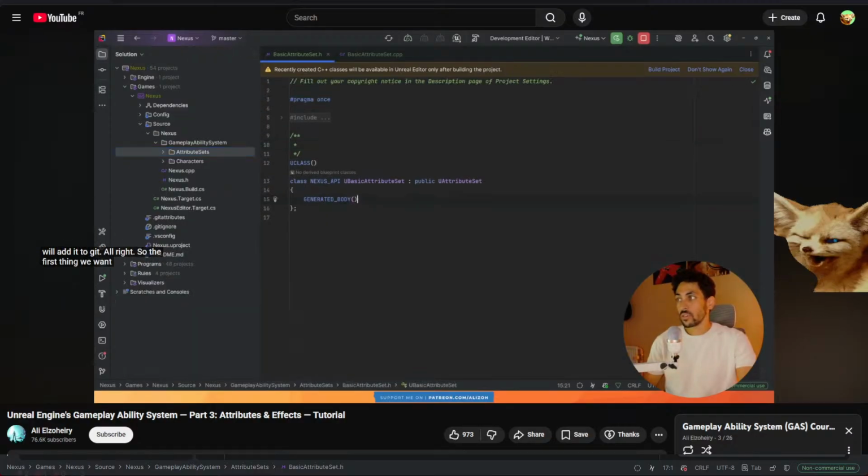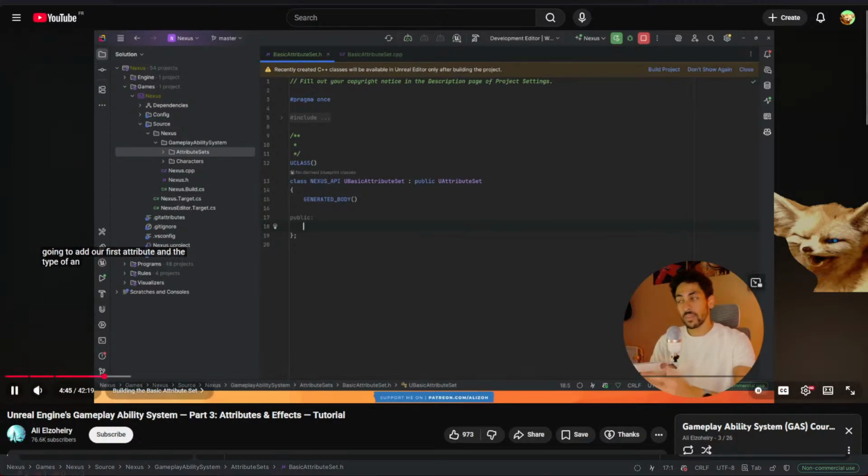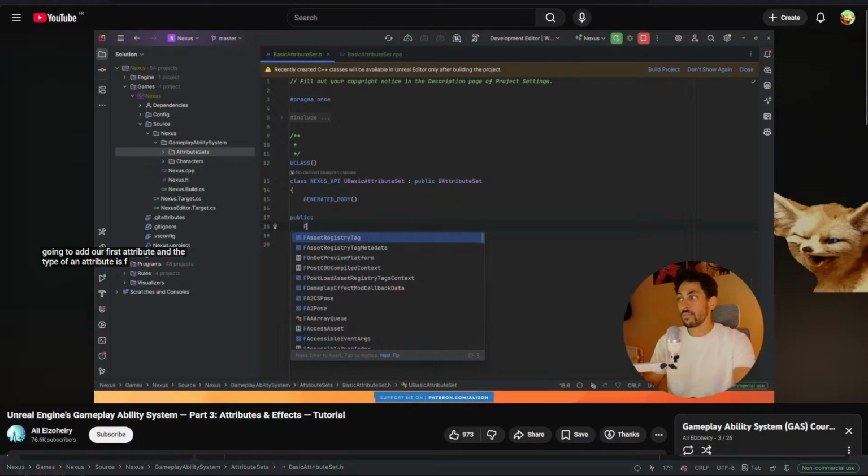Alright, so the first thing we want to do is define the attributes that will be in our attribute set. So we're going to create a new public scope. And under it, we're going to add our first attribute. And the type of an attribute is F